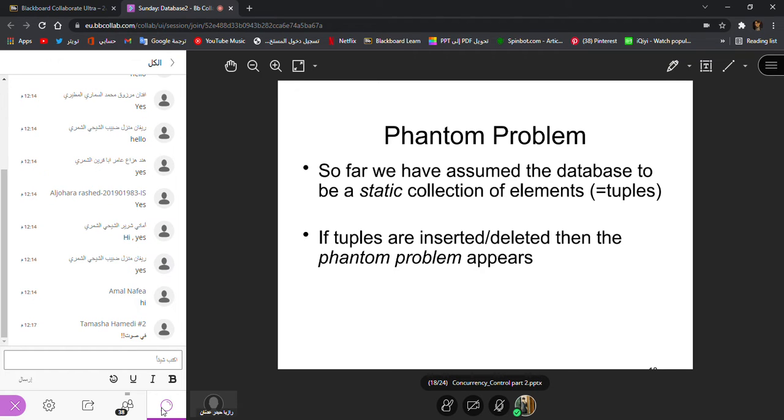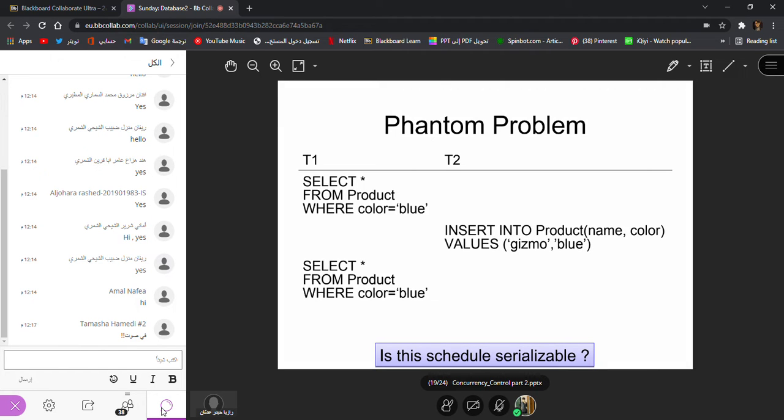So what is happening? Insertion and deletion of rows creates the phantom problem. So here is the phantom problem. You just need to remember that it is because of the insertion and deletion of tuples or rows from the table.